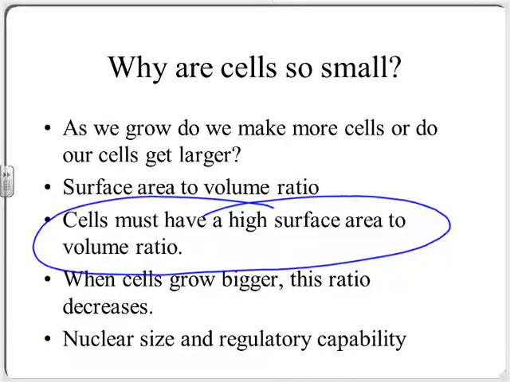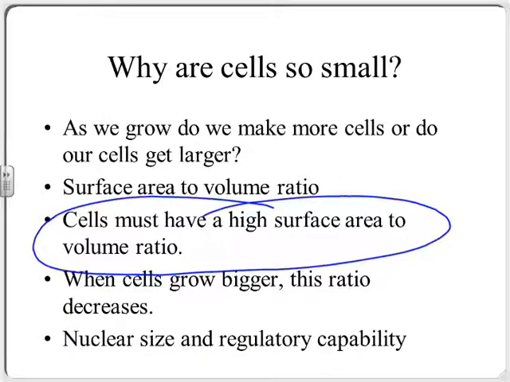What part of the cell would represent its surface area? The membrane. And remember, the membrane's job is to what? Bring in stuff the cell needs, like oxygen and nutrients, and send out things it needs to get rid of, like waste, right? So it brings in the good stuff, gets rid of the bad stuff. That's what the cell membrane does. We're saying a cell needs a lot of that. It needs a lot of membrane compared to not as much volume, right?